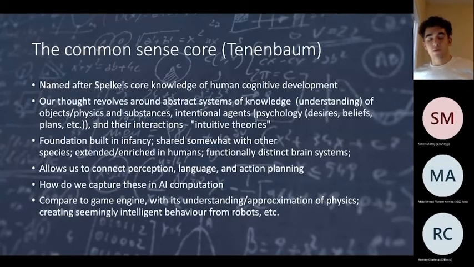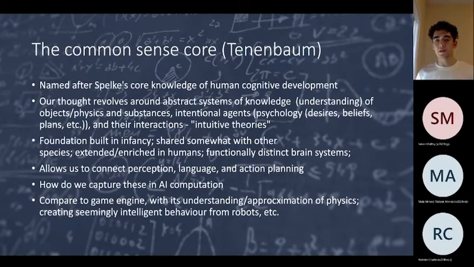Tenenbaum also talks about how the foundation of human thought is this thing called core knowledge, which Elizabeth Spelke, a psychologist, studies a lot in infants. This idea is that we have a foundational understanding of physics and materials and substances and how those things interact. We also have a fundamental understanding of human psychology. So for agents that act on the world, we can approximate and project onto them their desires and beliefs and plans, so what their behavior might be. And we understand some interaction between the physical world and the agents within it.